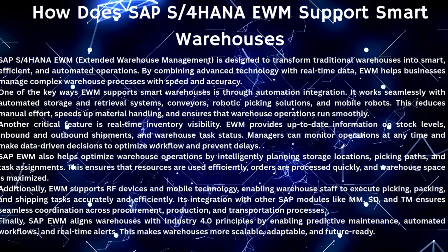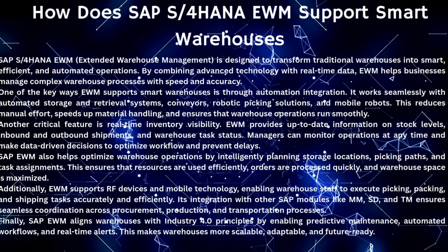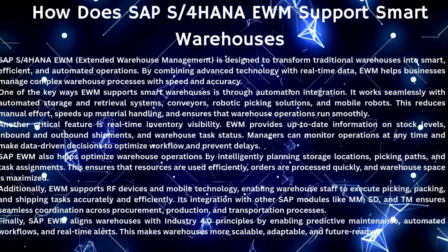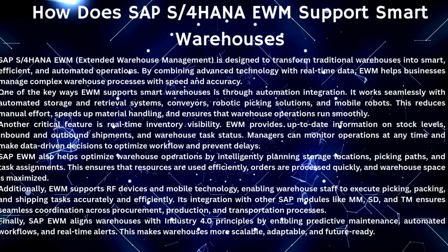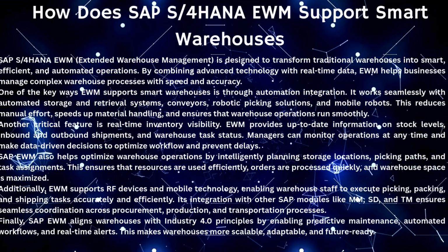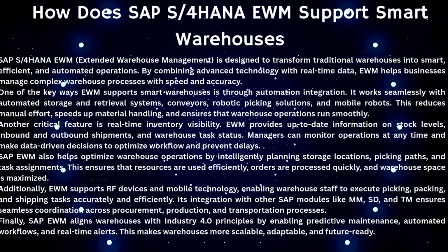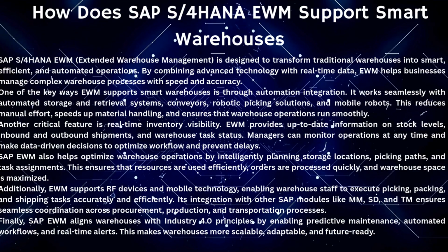SAP EWM also helps optimize warehouse operations by intelligently planning storage locations, picking paths, and task assignments. This ensures that resources are used efficiently, orders are processed quickly, and warehouse space is maximized. Additionally, EWM supports RF devices and mobile technology, enabling warehouse staff to execute picking, packing, and shipping tasks accurately and